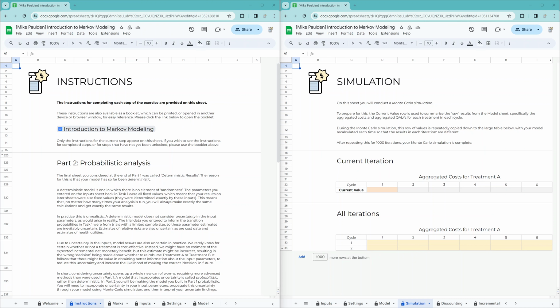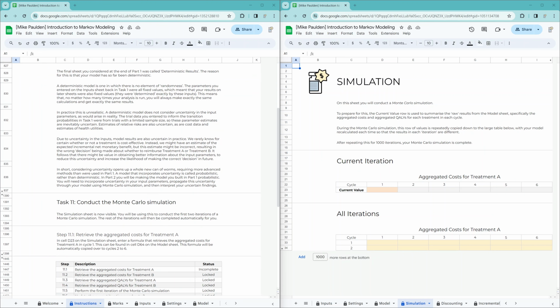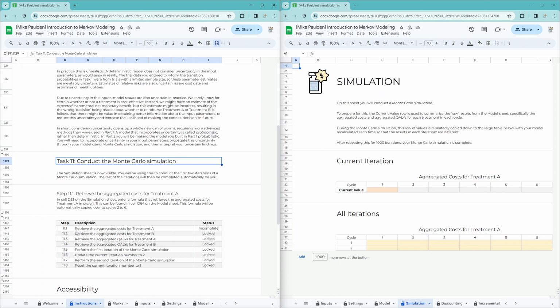In this video, we're going to tackle task 11, which is the Monte Carlo simulation. So a very important part of the probabilistic analysis. You will see that the simulation sheet is now visible, and I have it open on the right of my screen here. And we're going to use this simulation sheet to conduct the first two iterations of a Monte Carlo